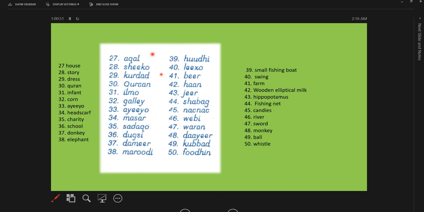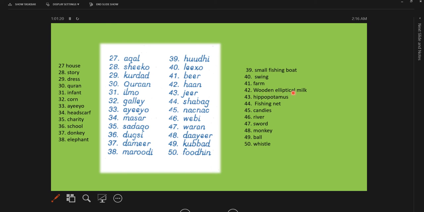The second group of the words. Aqal, sheeko, kurdad, quraan, ilmo, galley, ayeeyo, masar, sadaqo, dugsi, dameer, maroodi, huuri, leexo, beer, haan. I just want to mention haan for 42, I didn't finish it, but I meant to say